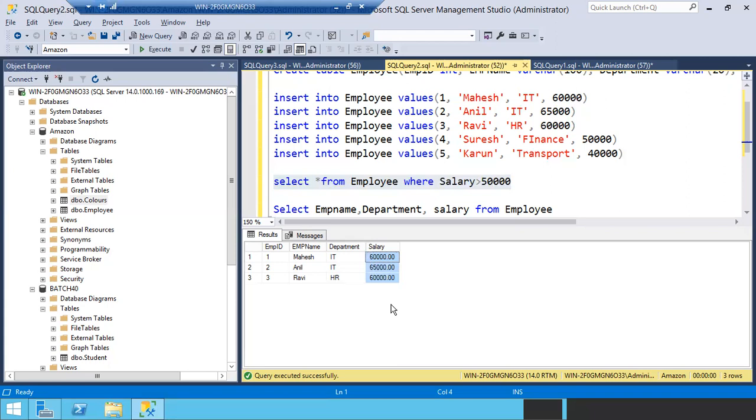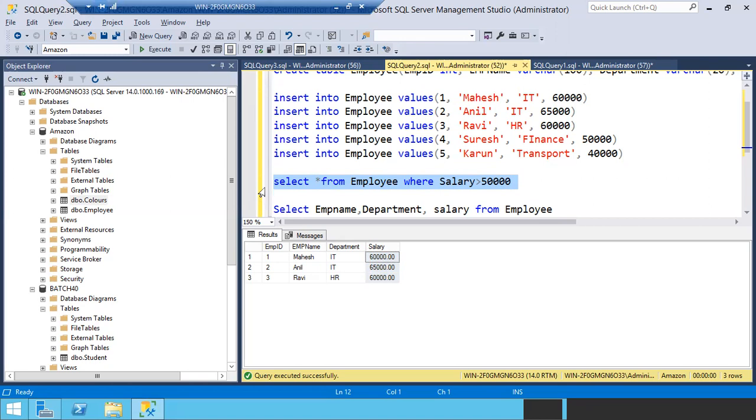Okay, fine. So yes, Prithvi, at least try it. Now you understand this query, right? Select star from employee where salary greater than 50,000. You know the meaning of this query, right? Is it clear, Prithvi? Great. Now tell me, I want to see all the employees. What will this query do?